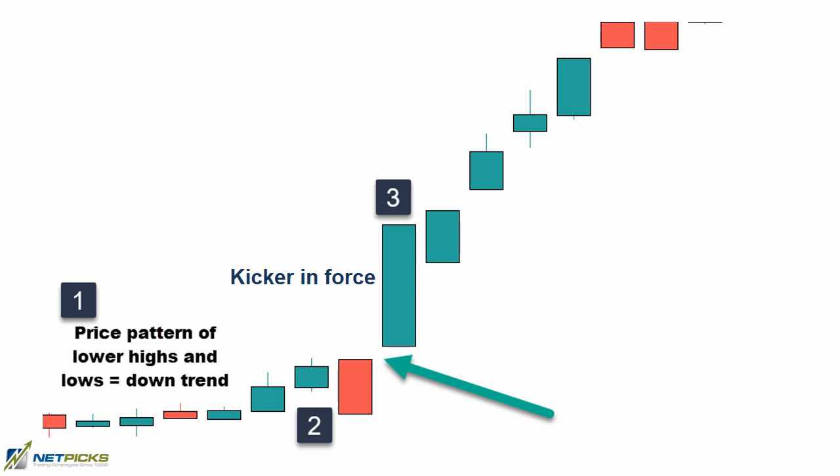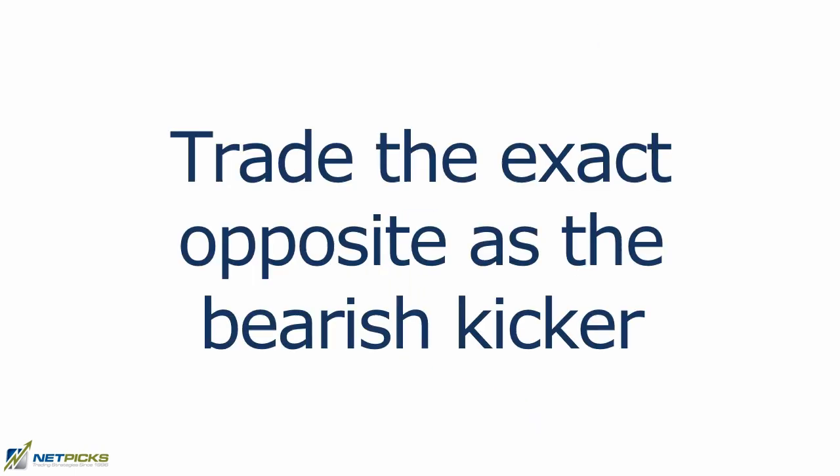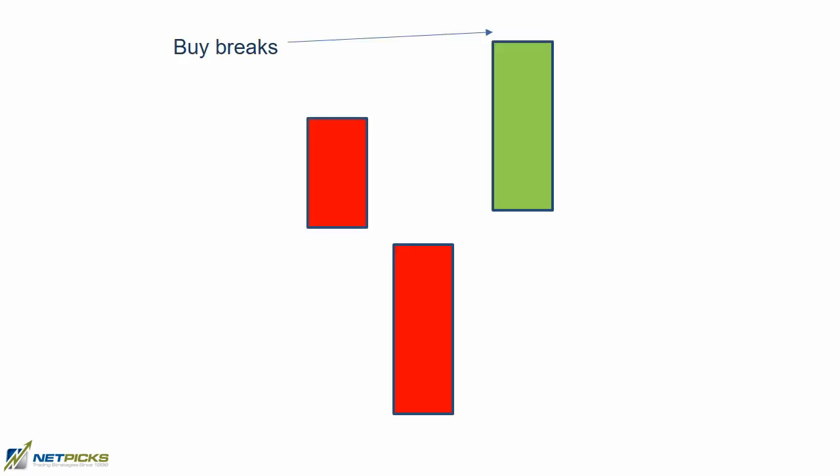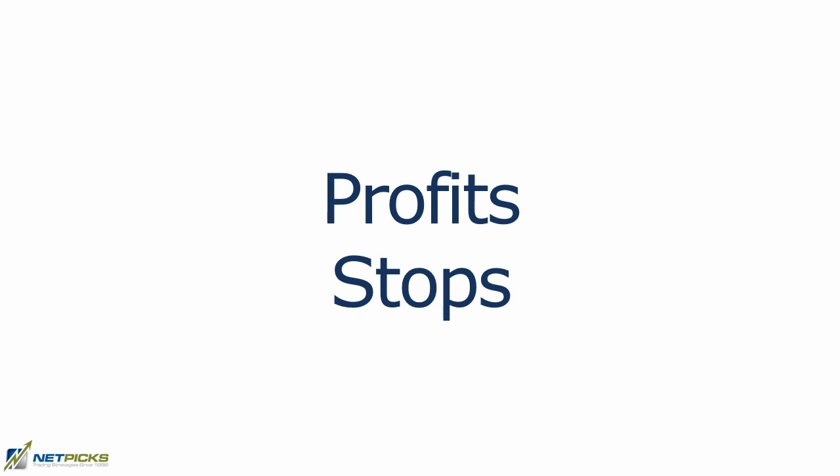And just for information, look at both those red and green candlesticks. There are absolutely no shadows present. So how would you trade it? Well, we're going to do the exact opposite of the bearish one. So keep in mind, this is a 5-minute chart. You could even drop lower to find a price pattern, as we talked about earlier. A simpler version is just to buy the break of the high, the completion of the kicking pattern. They're not complicated plays, but we have to ensure that we have a price point where we will exit